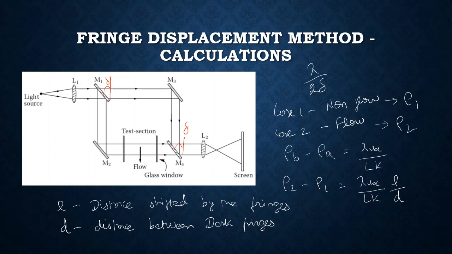So how much the fringe is getting shifted from the initial position to the final position, and then what is the distance between the two fringes. You are going to calculate, and after this you get the actual value of the density difference from the initial case to the final case, right? So this kind of interferometer measurement is called the fringe displacement interference method, right? Next we will see